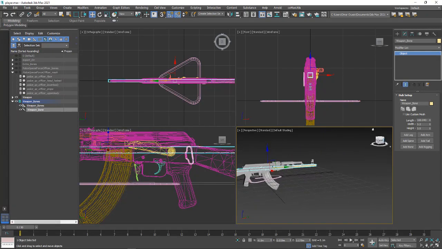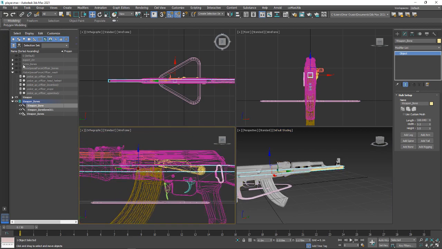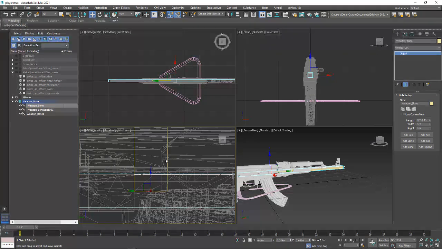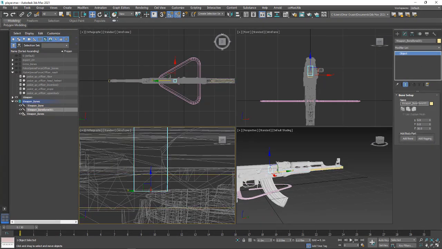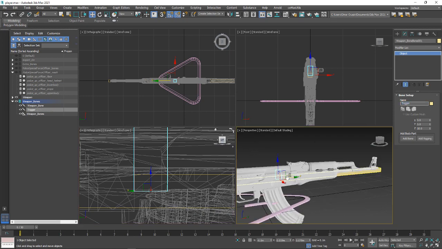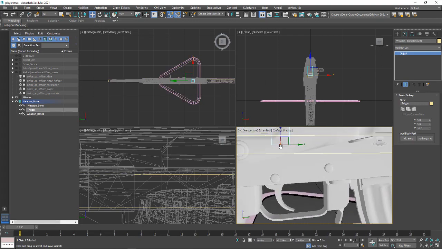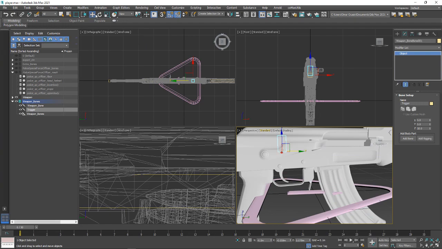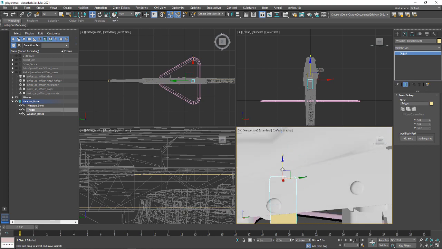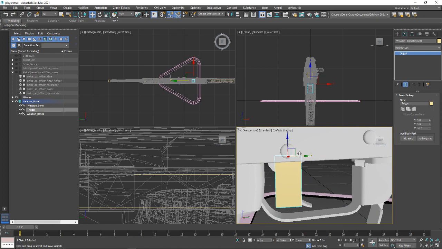So now all we need to do is say add bone, and you see it kind of, where's weapon? Freeze that so we're not messing with it. If you look inside, it made a bone, and we can say, hey, this bone is called trigger. And we can place this bone where the trigger is. Now remember, the pivot point is on the bottom of this bone, so we do need to rotate this 180 or downwards. So now the pivot is on the top, and then we'll just put it where the trigger would